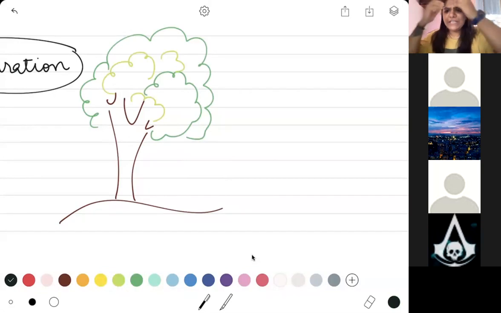Micturition is when your brain is going to give orders to you to pee, right? You must have seen that sometimes you're just sitting somewhere and you feel like, oh my God, I have to pee. That is the process of micturition, where your body feels like it has to pee. Okay, you understand what I'm talking about? Yes, ma'am. Pee is urination. Yes, ma'am. So this is basically what we are talking about.